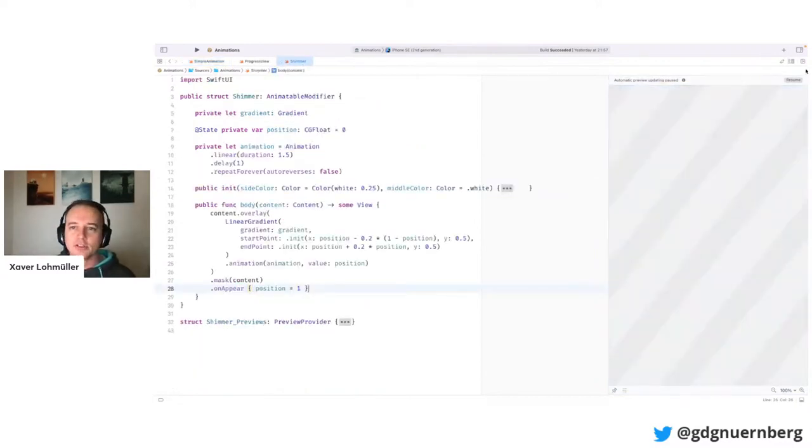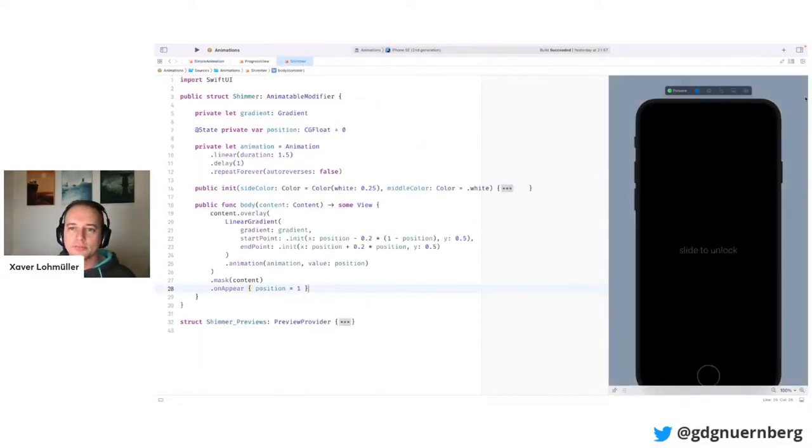But for the slide to unlock thing here, I don't have a button to start it, and it would sort of be silly to ask the user to start the animation in this case. But what you can do is have this onAppear modifier, and basically this one is called when you put the view on the screen for the first time, and this one sets the position from 0 to 1.